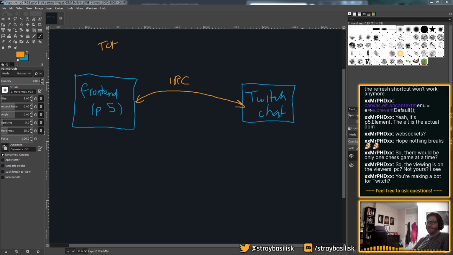Except it wouldn't even need to be a bot, right? It would be a web page that you could embed in a stream, and then automatically it would monitor the chat for that stream, and it would be like a live game that people in the chat could play. But I don't think you'd even need a bot, assuming there's a way to read the chat without having a bot, right?